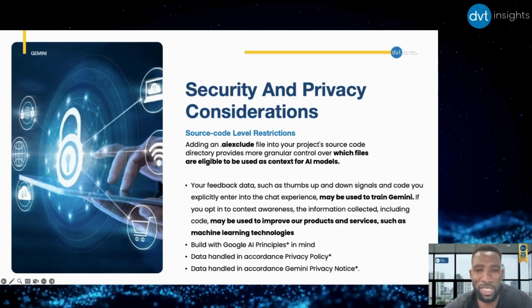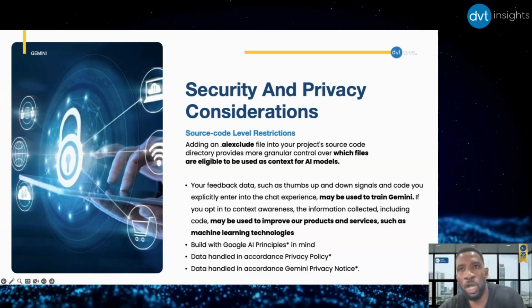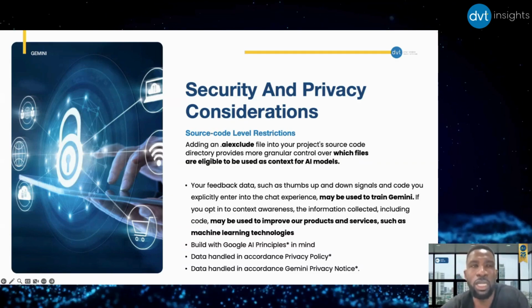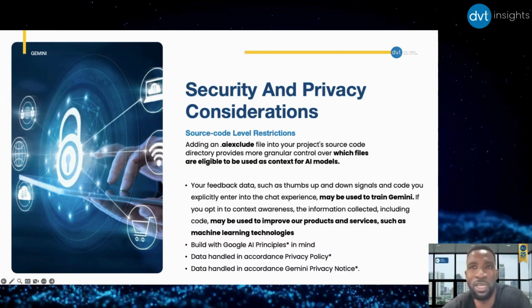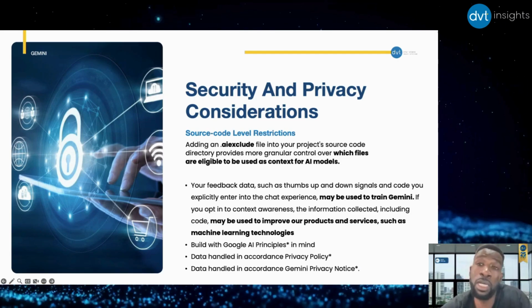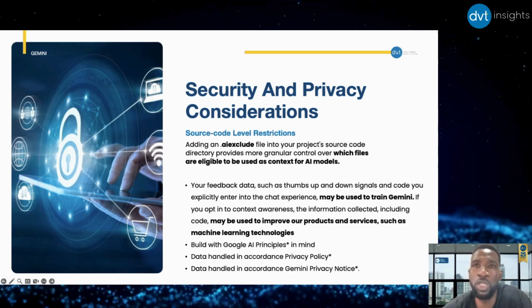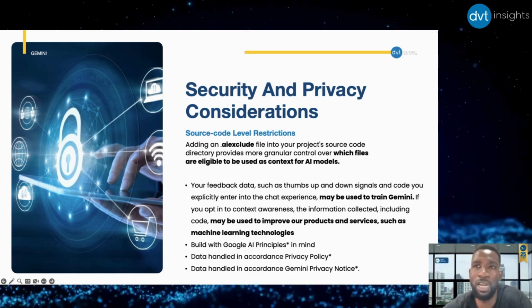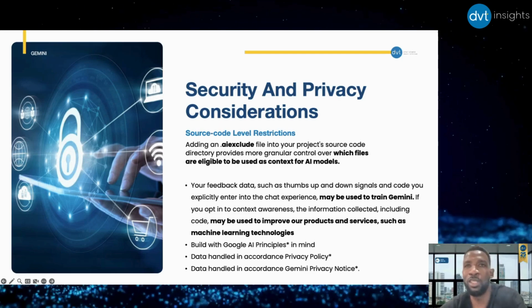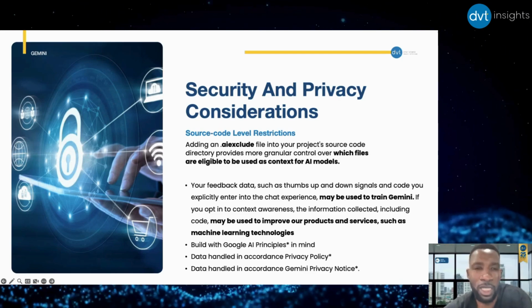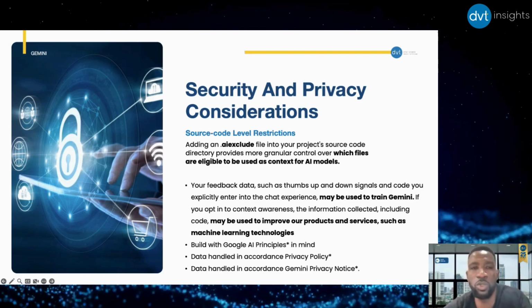The one thing that you can use, again going back to our adapt phase, now the second A, is the exclude list. So you can have an exclusion list where you can tell Gemini, look, I want you to have context of every single file but this one. So this will be like the forbidden fruit in the Eden. So you can actually list out an exclusions list.